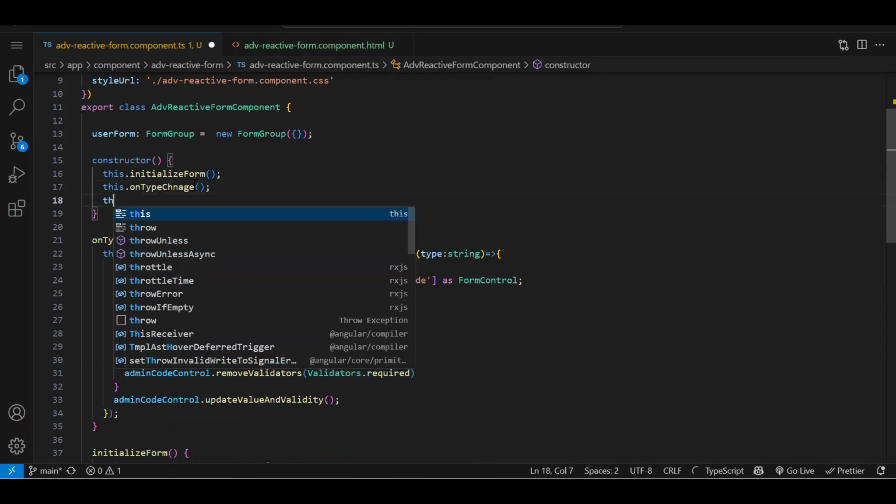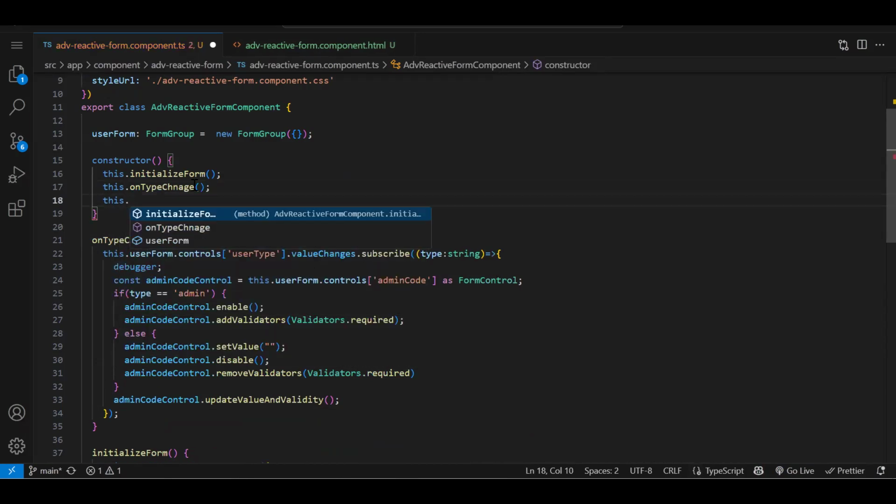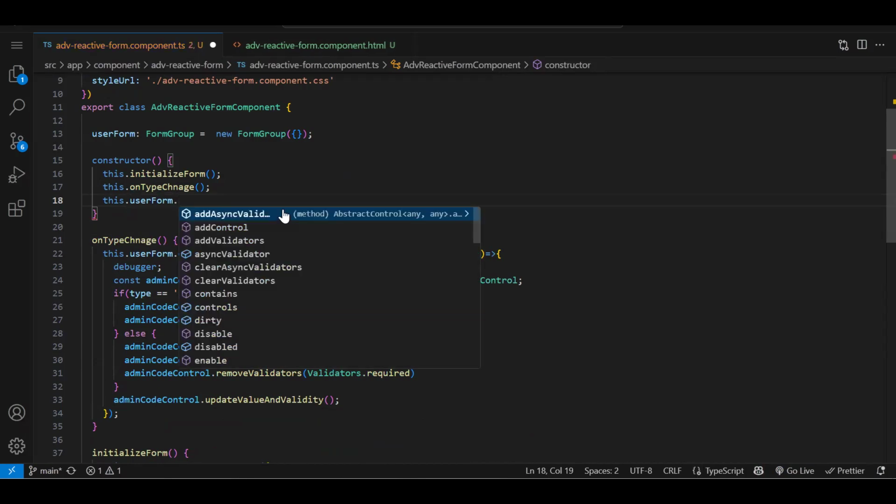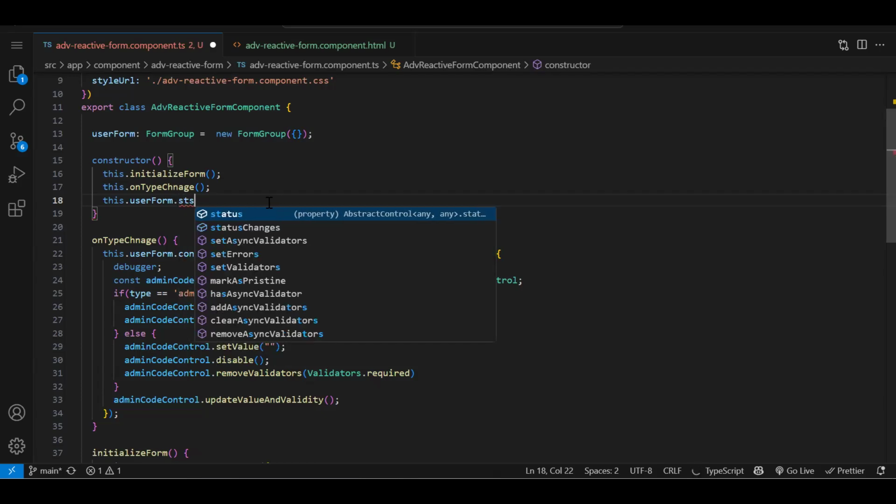Now I wanted to check if either enable, disable, or validation change, something changes in my control. I want to debug that. This is for our purpose only. Whenever you join any company, it's not required that they will provide you proper KT. Sometimes you have to debug and you have to understand. So this thing, what I'm explaining, it will be very helpful to you. So status changes